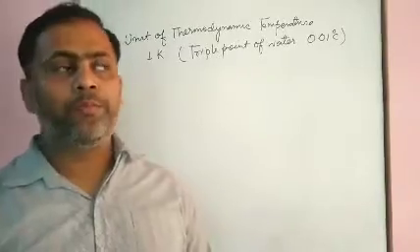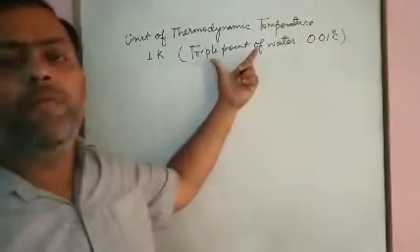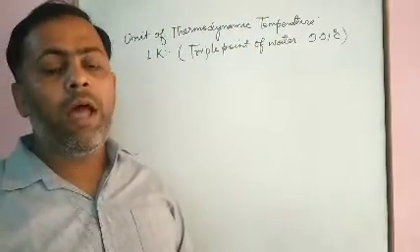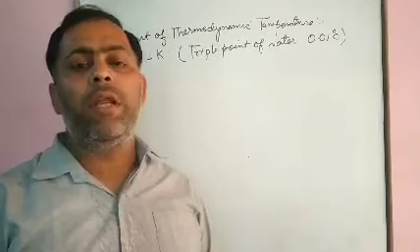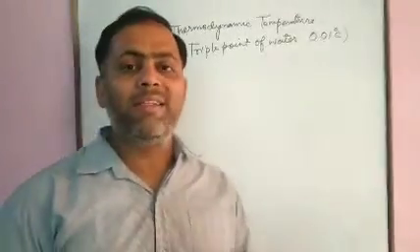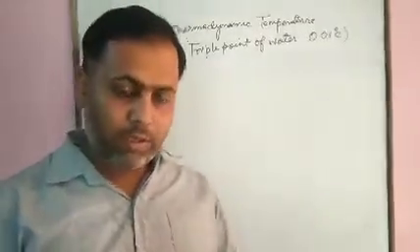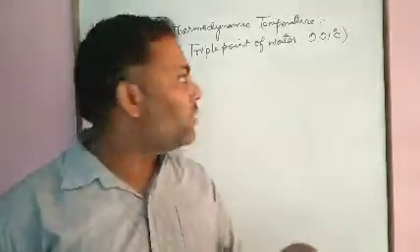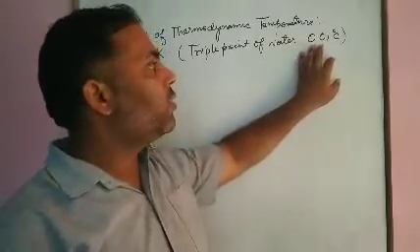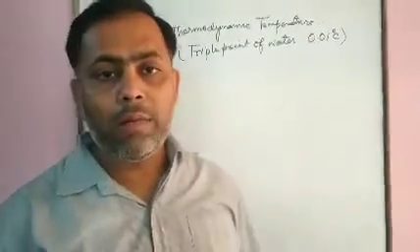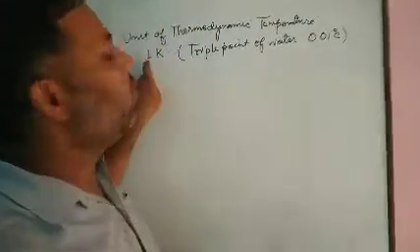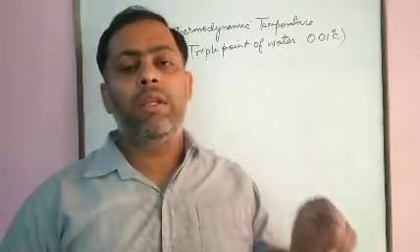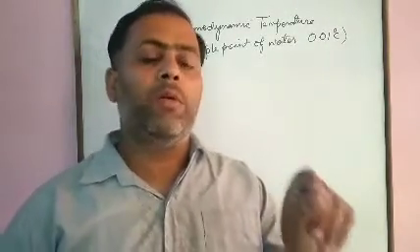It means, first of all, we will understand what is the triple point of water. A definite temperature and pressure in which water exists in all the three forms, that is in solid state, together with liquid state, and in gaseous state. That is a constant temperature and that will not vary, that is 0.01 degree centigrade. Clear? It means in order to define 1 Kelvin, it is 1 by 273.16 fraction of triple point of water.